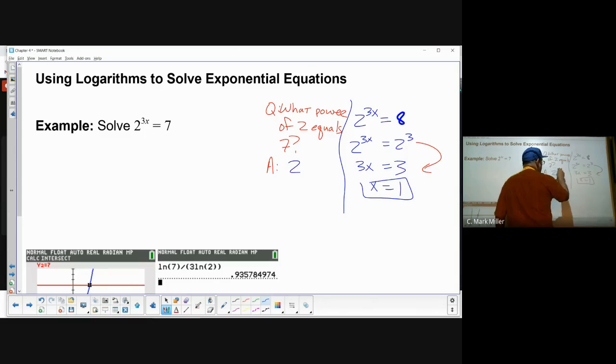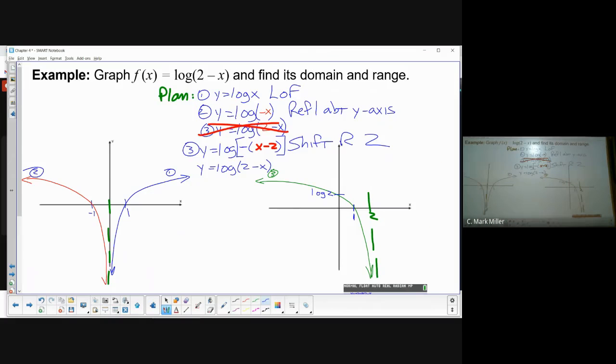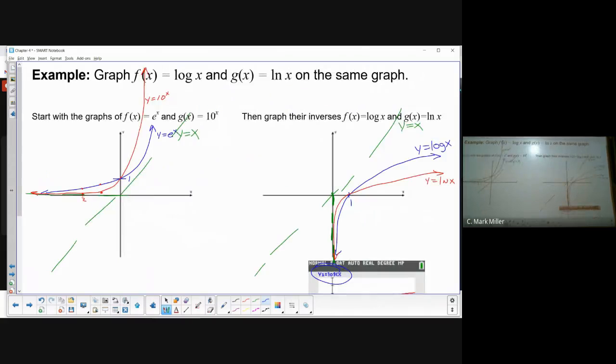Two to some mystery power equals 7. You remember what we practiced last time? You remember the homework that's due today? This is log base 2 of 7. So you remember the most important slide of this section, maybe the most important slide of this whole chapter, maybe, is